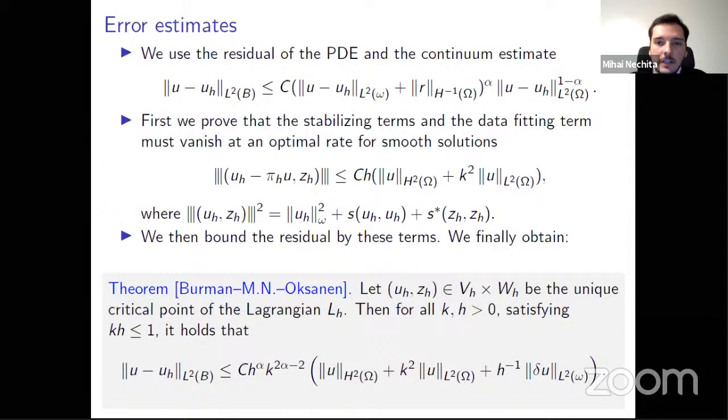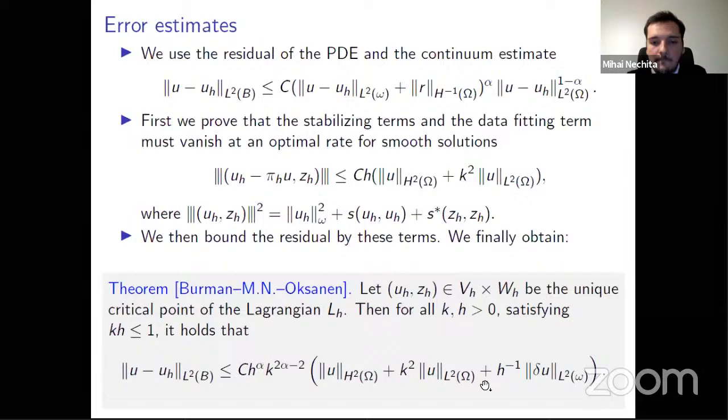And the residual can then be bounded by this triple norm terms. So at the end of the day, we would obtain an error estimate, which looks like the one written in this theorem, in which you see that the error, we have h converges as h to the power of alpha, and then we have a dependence on k,